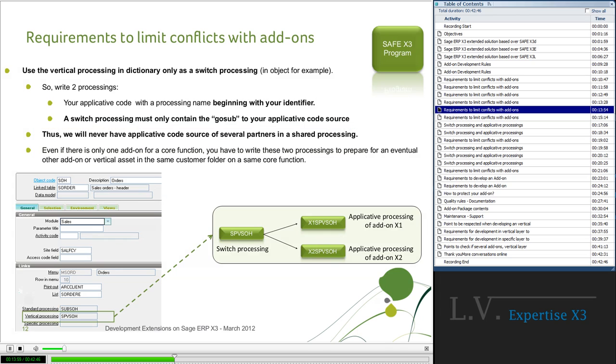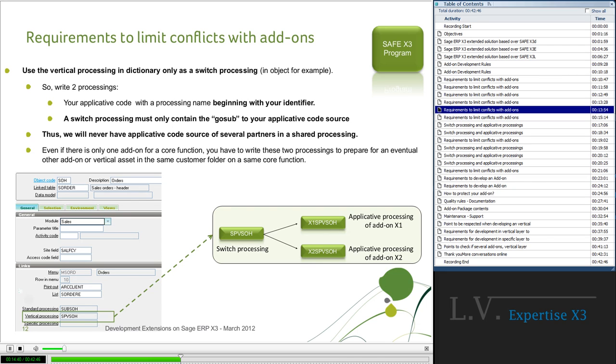The third point is about actions on the template, such as object or inquiry. Use switch processing. It means you have to write two processings, one for your functional application and another to call your application.